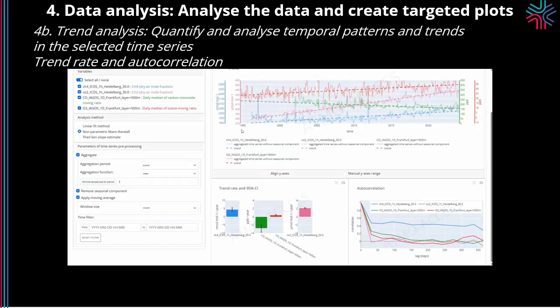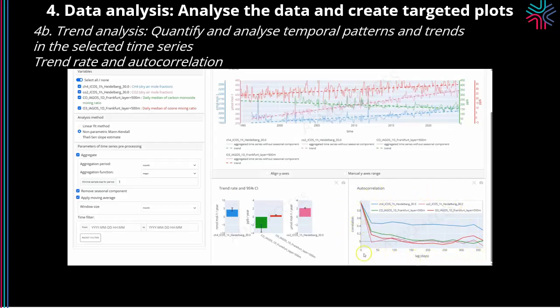In our case study, analyzing data from 1994 to present, we observe a decreasing trend of approximately 2.79 ppb per year for CO, while methane, ozone, and CO2 show increasing trend rates of 4.42, 0.38 ppb per year, and 2.12 ppm per year, respectively. The autocorrelation graph at the bottom reveals a repetitive seasonal cycle.